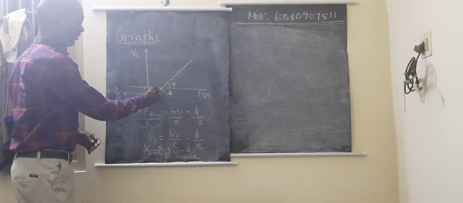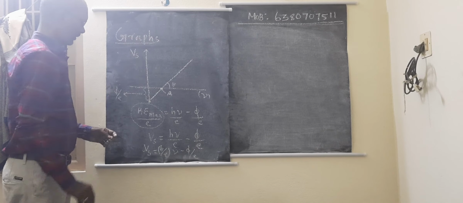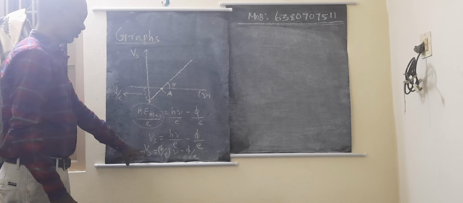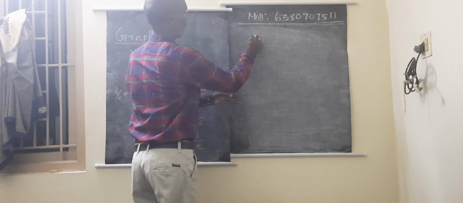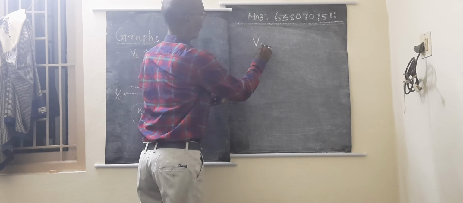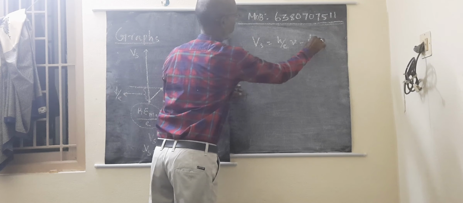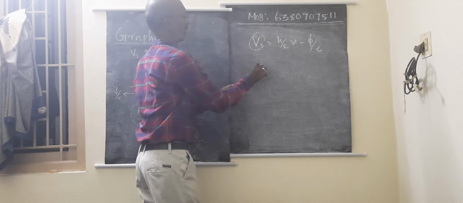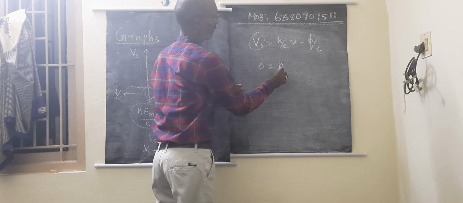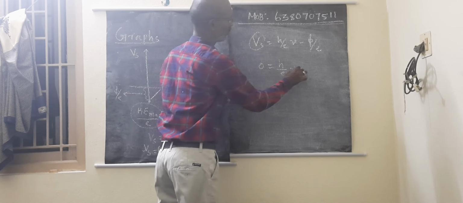Suppose I want to calculate this point, what is this point? So put stopping potential equal to 0. So stopping potential Vs is equal to h by e into nu minus phi by e. Substituting here it is 0, that is h by e nu minus